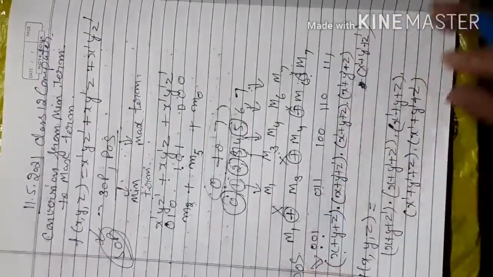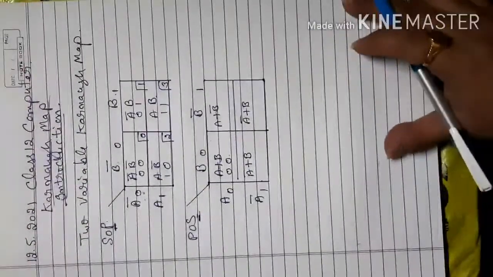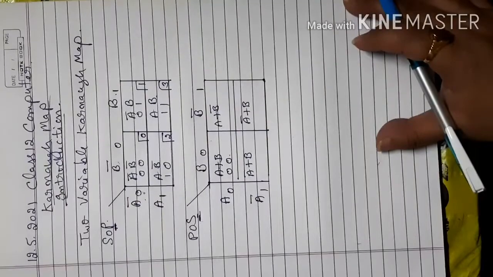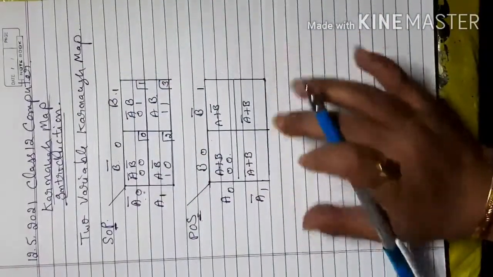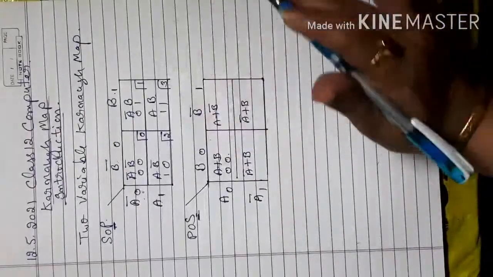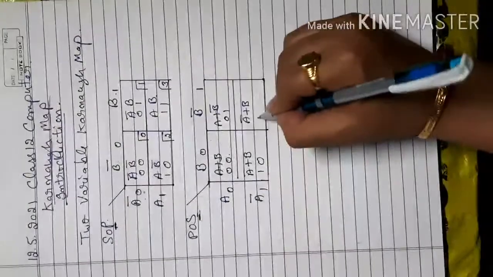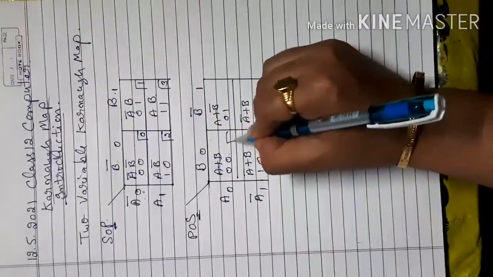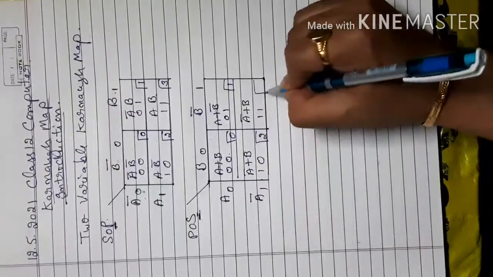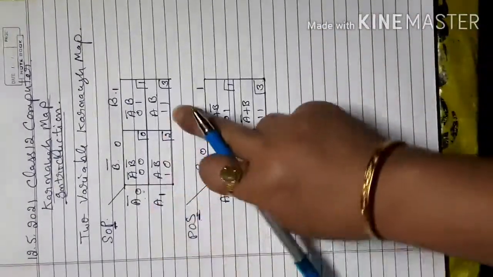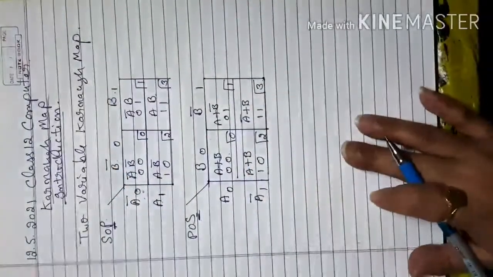Okay, that is only for understanding, because when we go with the plus, it changes to multiply, because everything is opposite to that. Here also SOP and POS are exactly opposite, but there is no change in the binary number and position, only the variables change. So the positions are 0, 1, 2 and 3. That is the SOP and POS form of the 2 variable Karnaugh map.